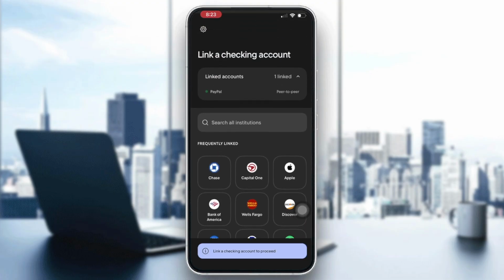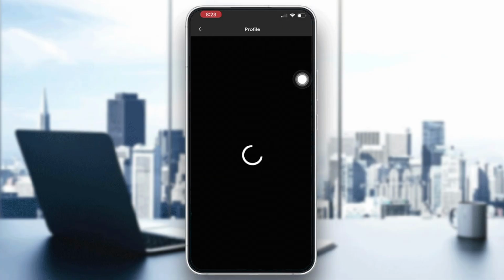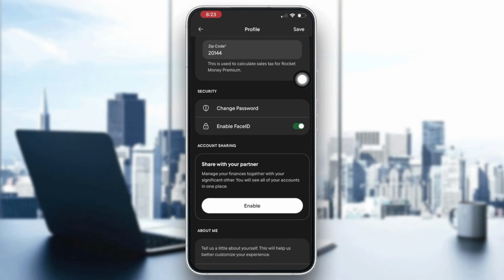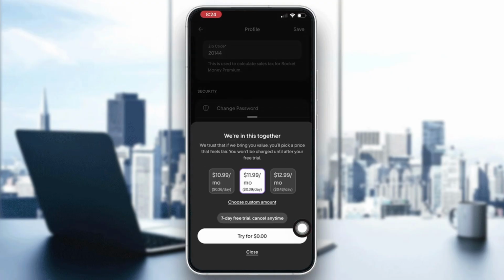Also guys, you can just subscribe from here. So you can go right here to the settings, go to the profile right here, and then you will need to scroll here to the account sharing and go with enable, right? Then you can go with try for $0, and here you will find the three types